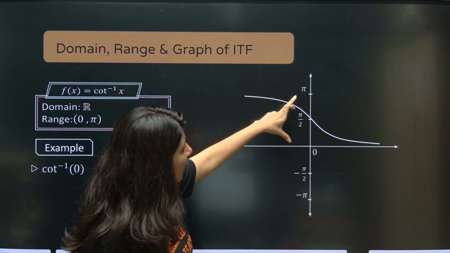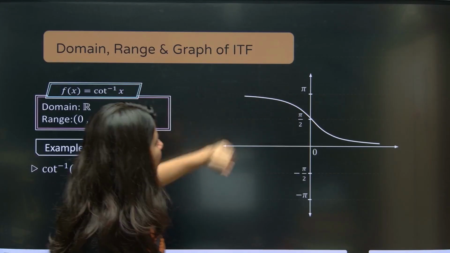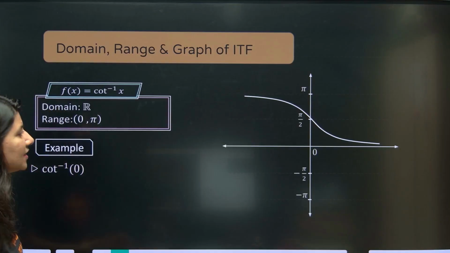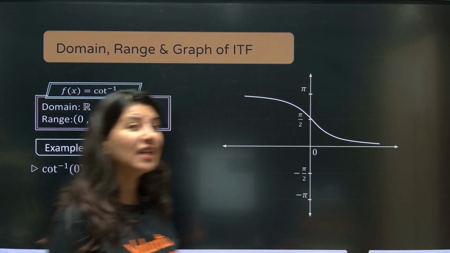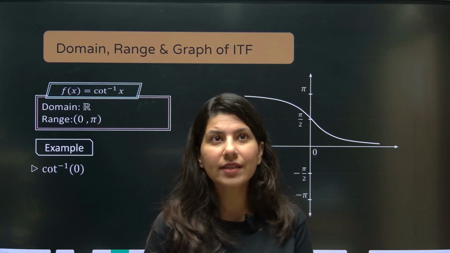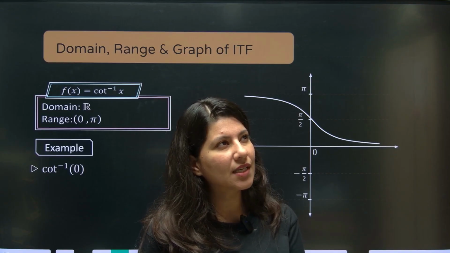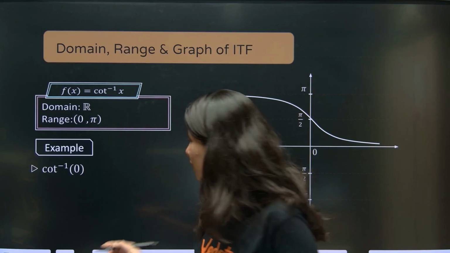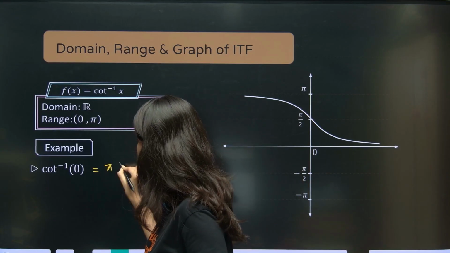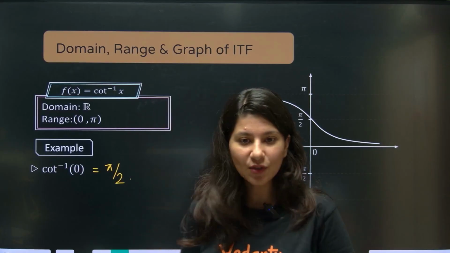Can you see 0 to pi over here? Yes. So completely above the x-axis. Cot inverse 0, can anybody tell me? You need to think, when exactly is cot theta 0? Cot theta 0 means tan theta infinity. So it is going to be pi by 2, which is in the domain. That is cot inverse 0.